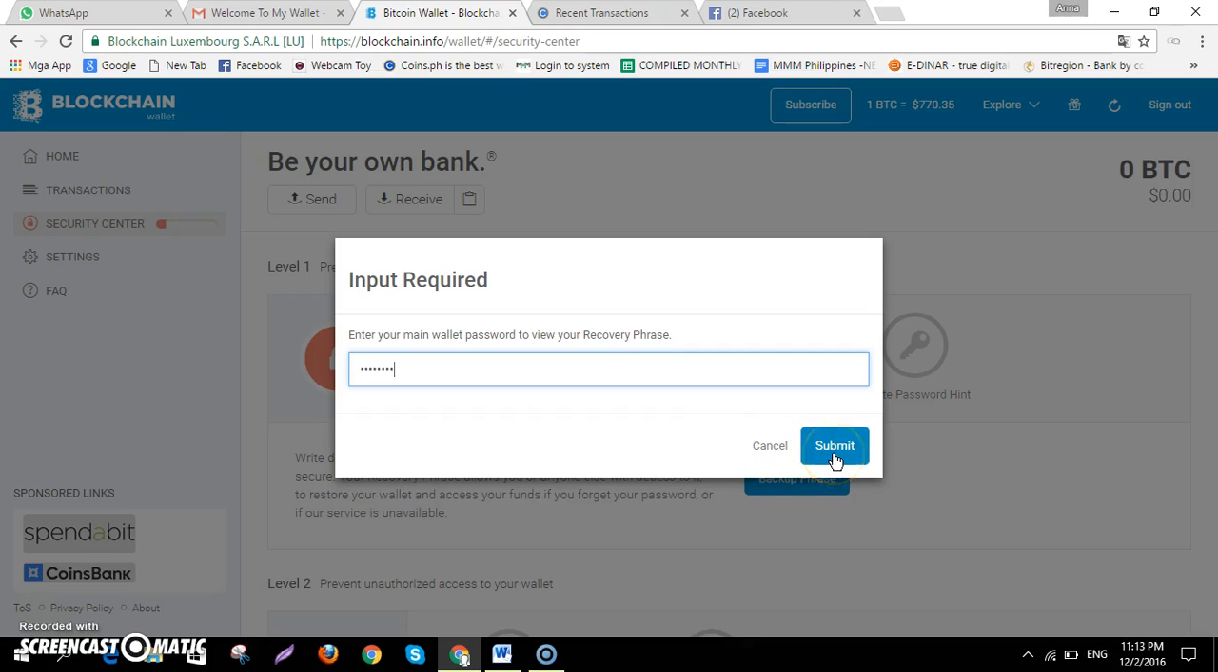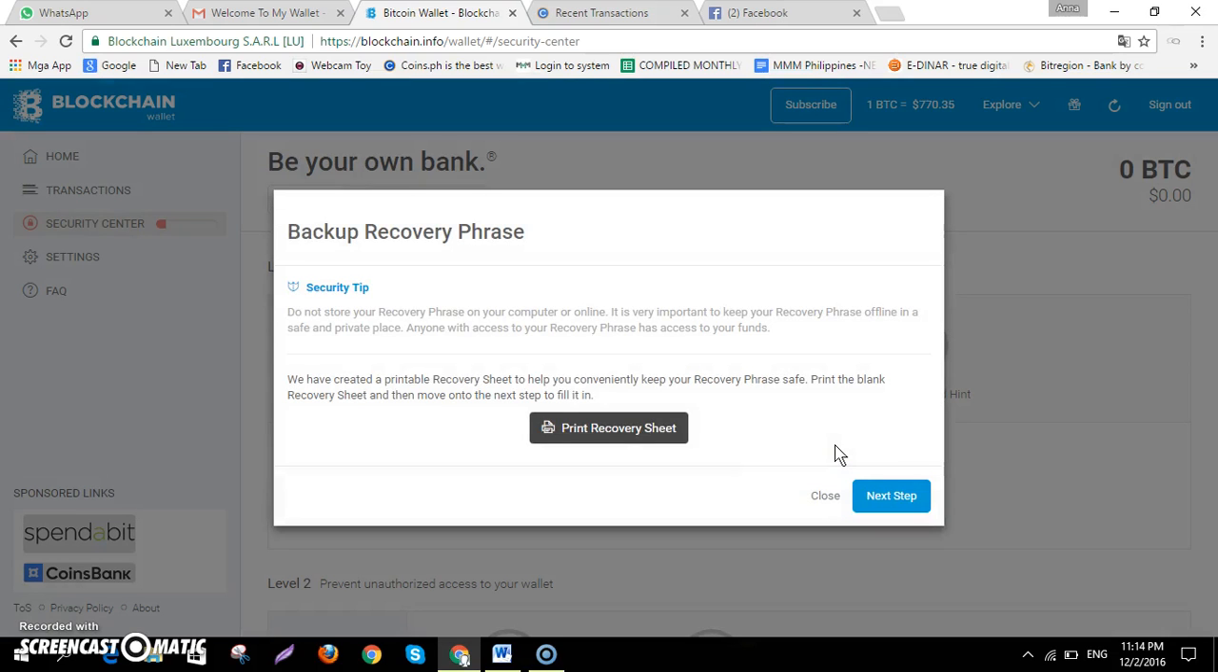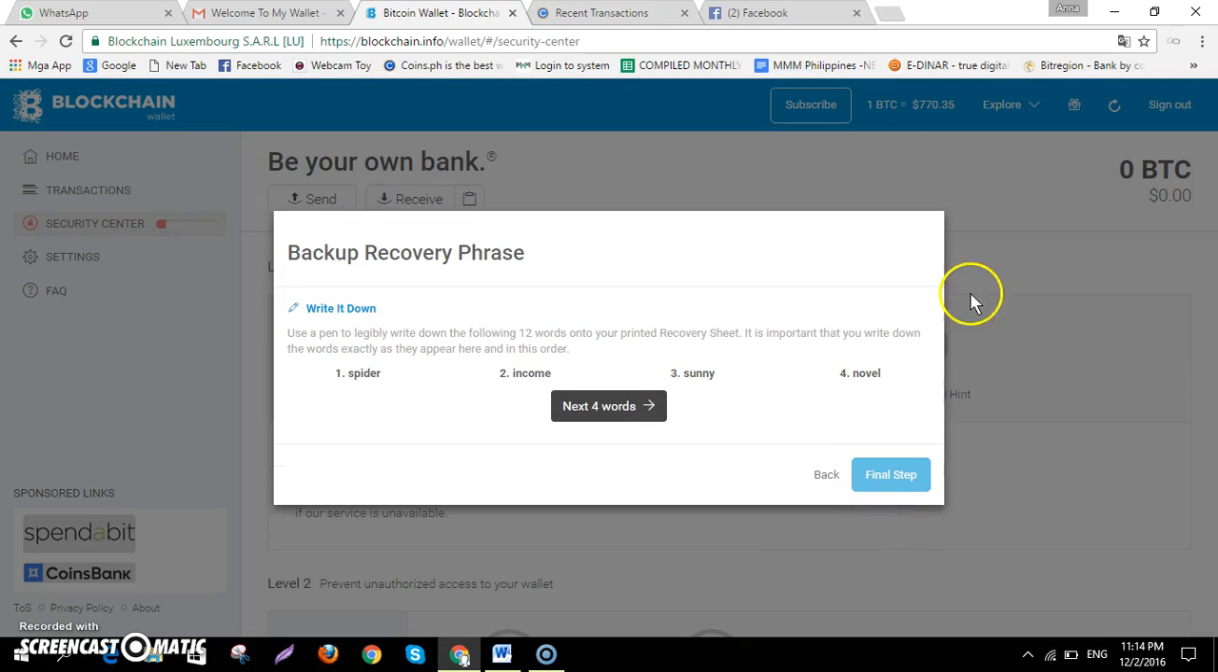And then click. Main wallet password. Okay, submit. Incorrect password. Okay, I got mistaken. I think, then, okay, try. Okay, I got it. So next step, click next step, and then copy these